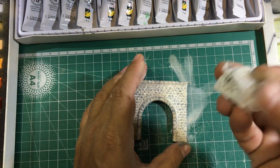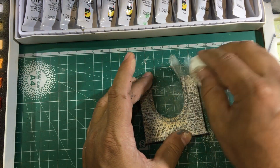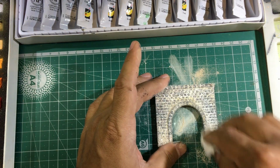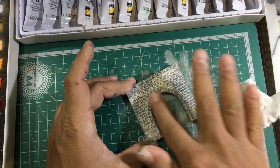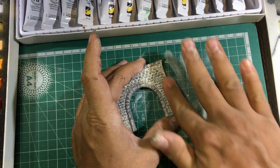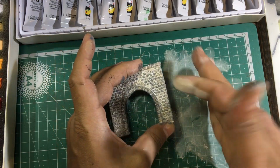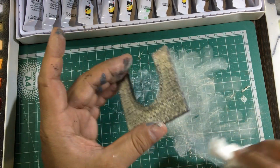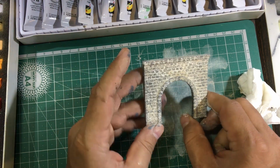Now I will take this paper and just apply it a little bit on the surface. Okay, just remove the powder that is left on the top surface of the stones. Okay, and I'm also taking the powder and applying it again on all the sides. Okay,